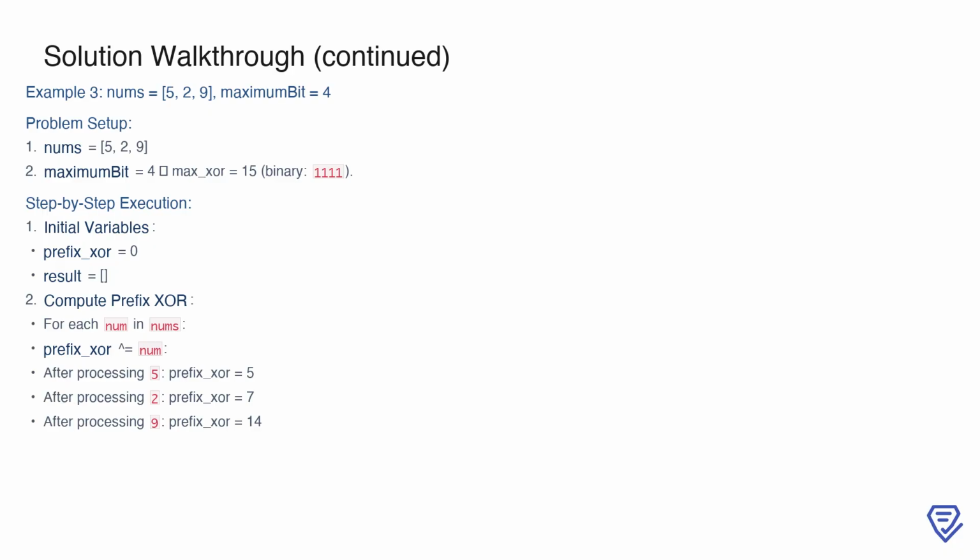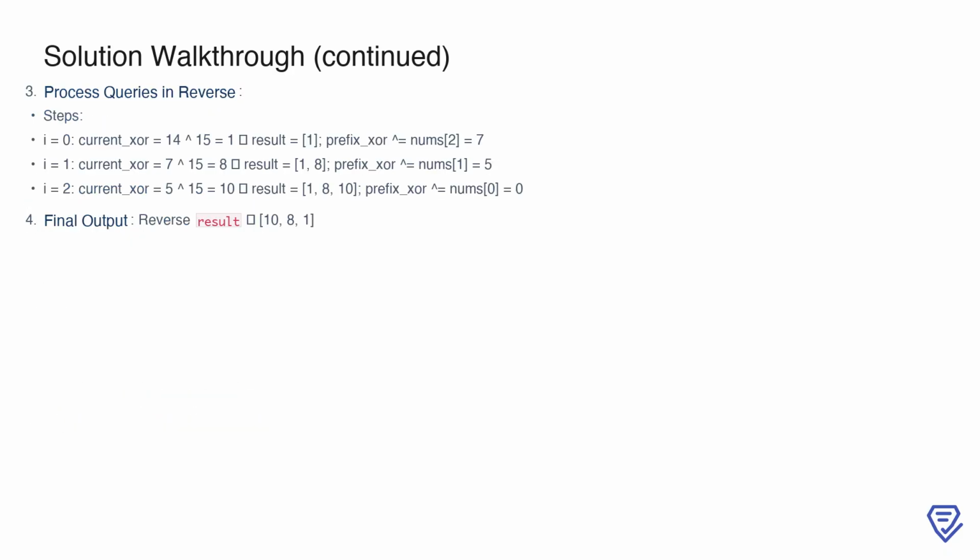After processing 5, prefix_XOR becomes 5. Adding 2 updates it to 7, and processing 9 finally brings it to 14. These cumulative XOR values are essential for determining the results of the queries. The queries are processed in reverse order. For I equal to 0, current_XOR is 14 XOR 15, resulting in 1. We append 1 to the result and adjust prefix_XOR by removing the contribution of nums, 2, which gives